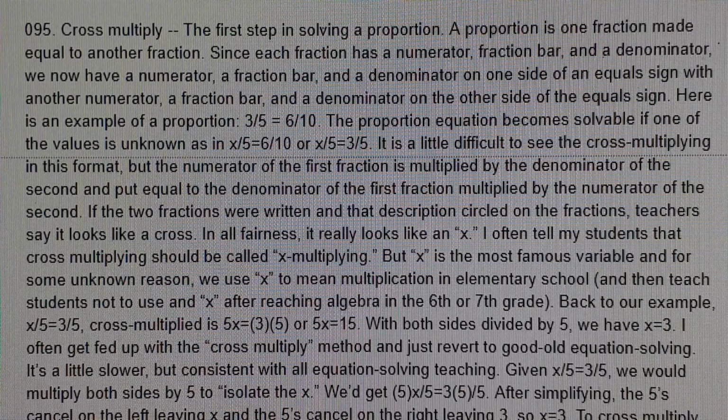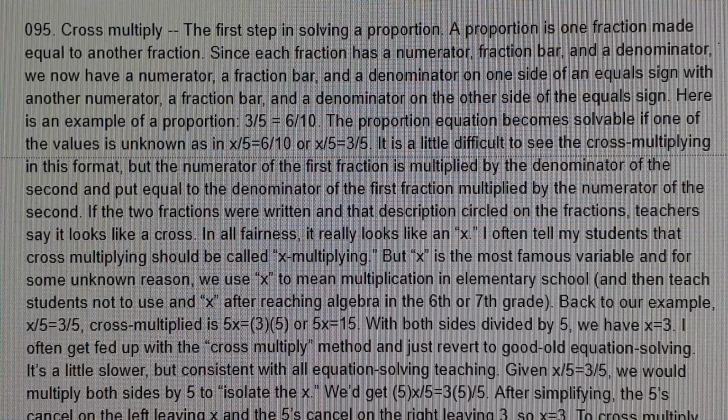I often get fed up with the "cross multiply" method, and just revert to good old equation solving. It's a little slower, but consistent with all equation solving teaching. Given x over 5 equals 3 over 5, we would multiply both sides by 5 to "isolate the x." We'd get 5 times x over 5 equals 3 times 5 over 5. After simplifying, the 5's cancel on the left, leaving x, and the 5's cancel on the right, leaving 3, so